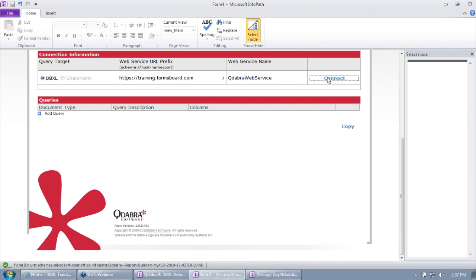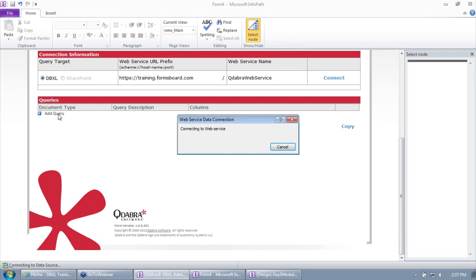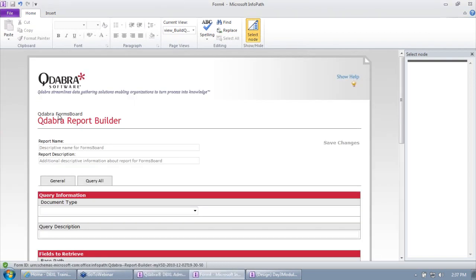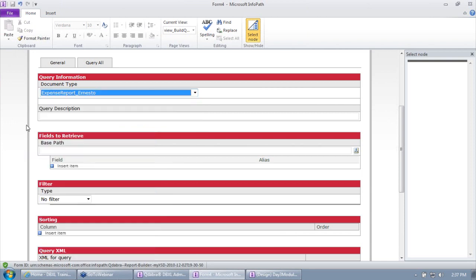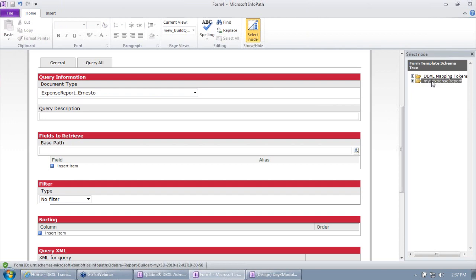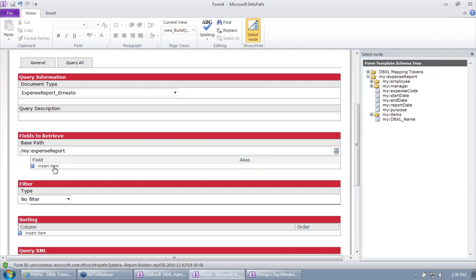I'm going to click Connect, and then click Add Query and Create. I'm going to select the expense report from my document type dropdown, and I'm going to establish my base path, my root XPath, and then I can start selecting the columns that I want to bring